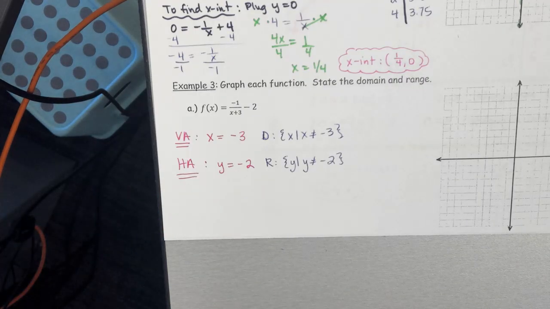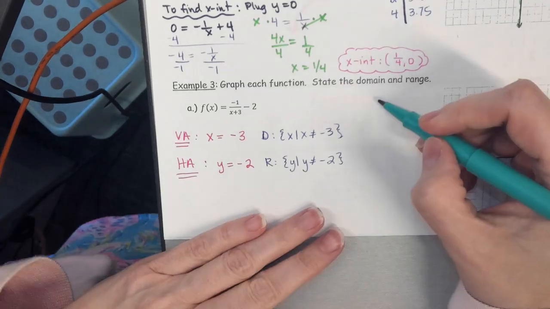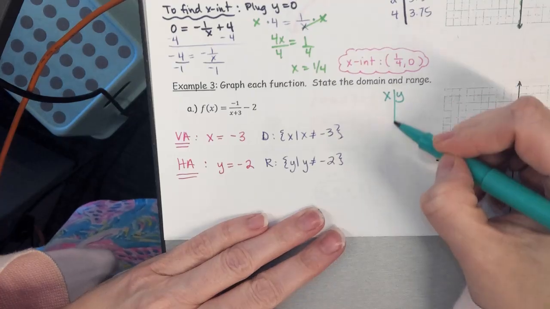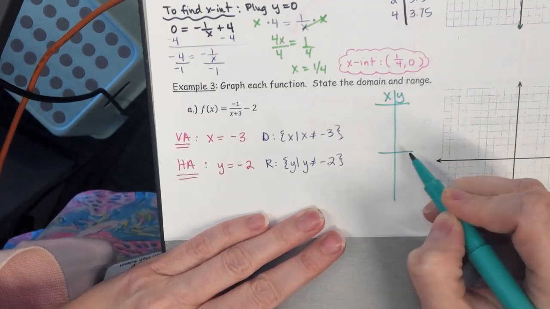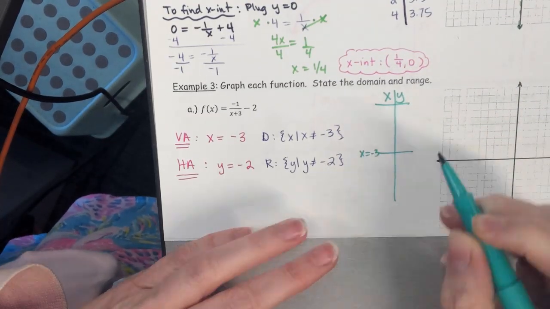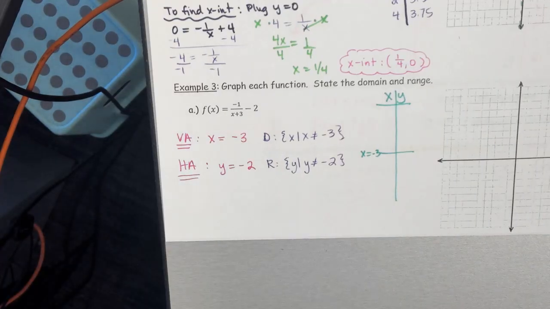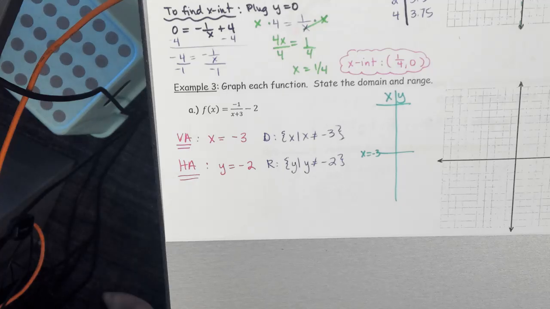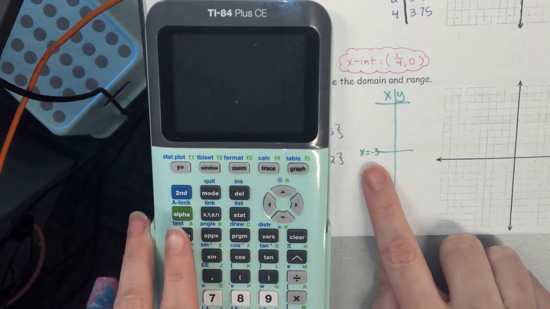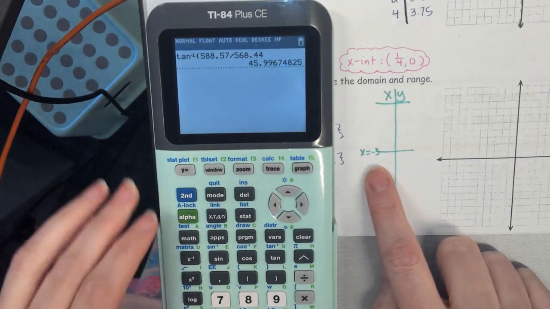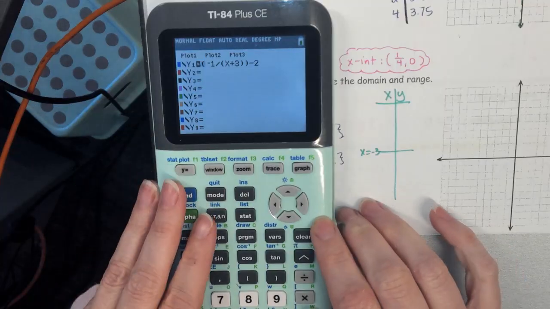Okay? On your table, do we remember what goes in the middle? Yes, that x equals that vertical asymptote there. So x equals -3. And then the way that you're plugging this into your calculator does matter. One thing I would do to check to make sure that I have it entered in correctly is at x equals -3, I should see